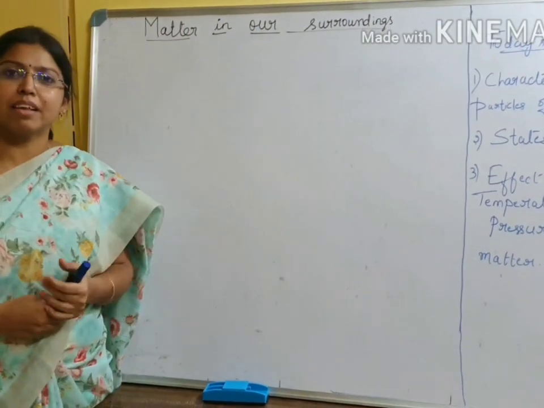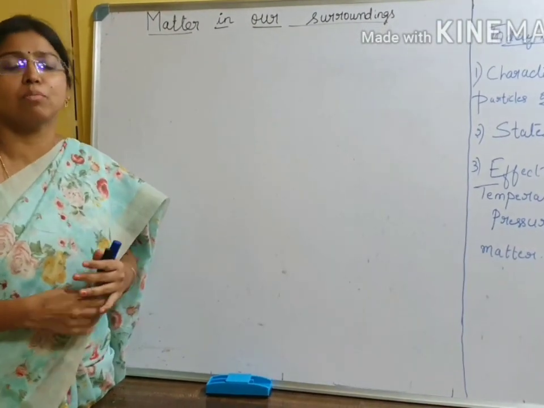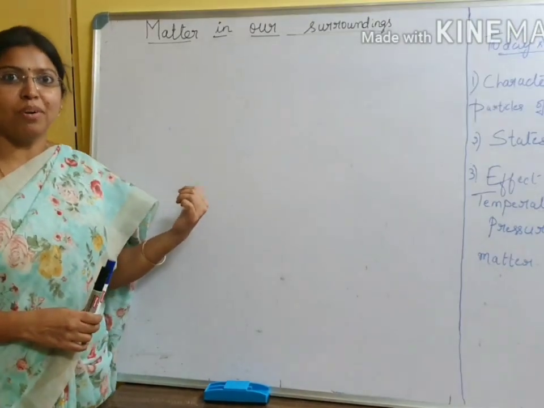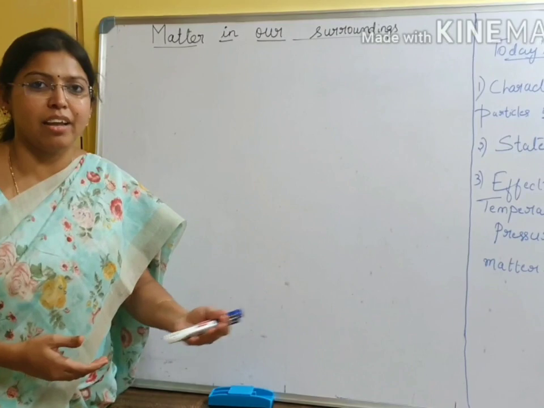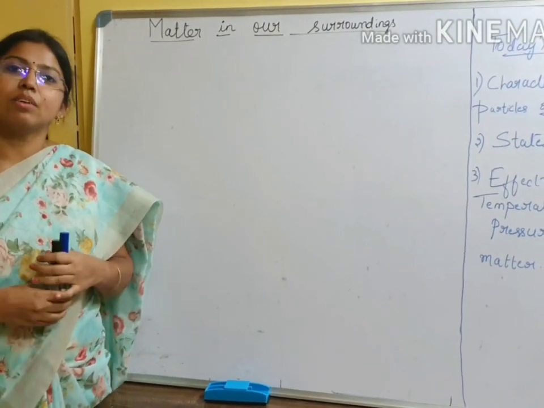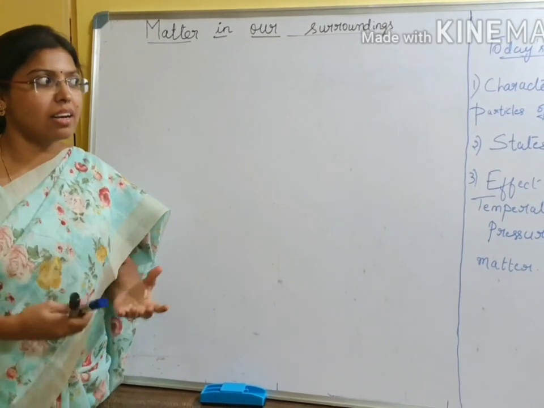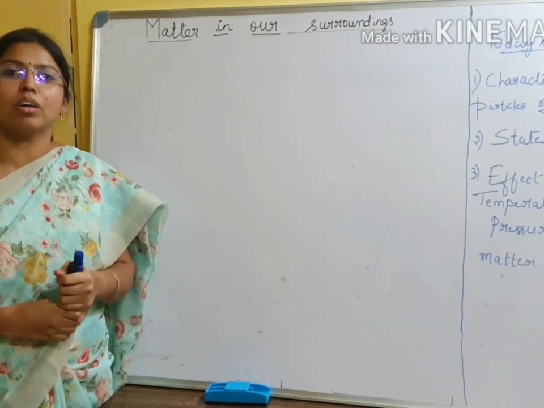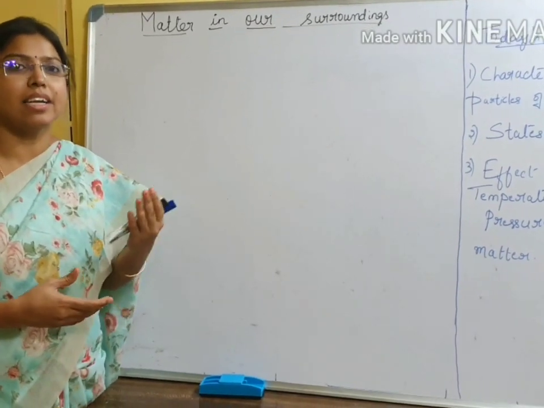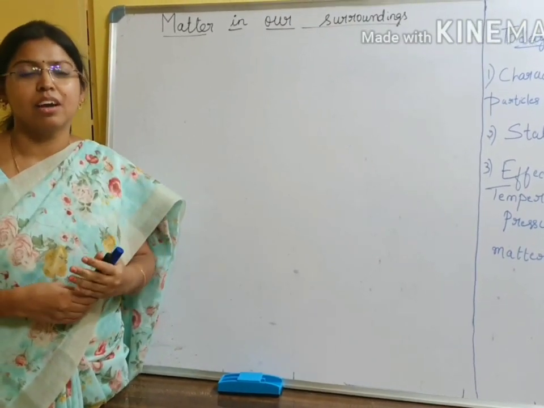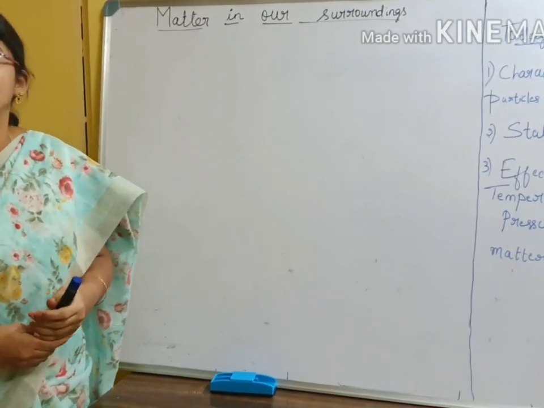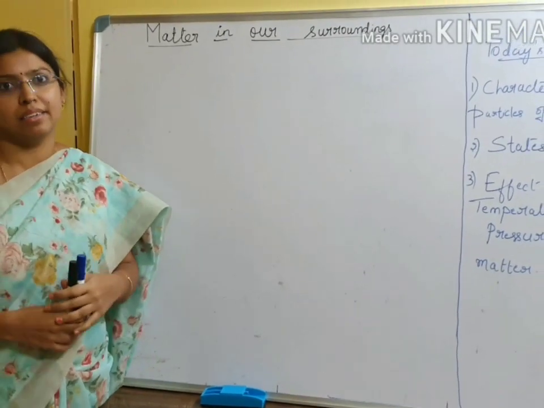Can you give some examples of matter? Most of the things around us can be considered as matter. Board, pen, table, chair, all these things occupy space and have mass. Yes, so they are called matter. But is there anything that does not occupy space and have mass? Can we think about shadow, light, sound that we hear? All these things do not occupy space. Therefore, they are considered as non-matter.